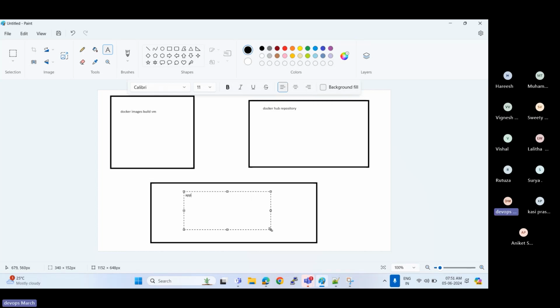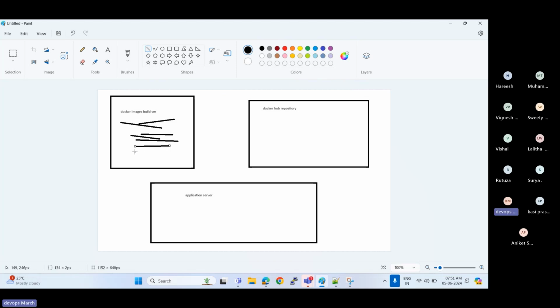This is your application server where you can deploy your Docker images. What we can do here is write some instructions in the Dockerfile. With the help of the Dockerfile, using the docker build command, we will create Docker images.